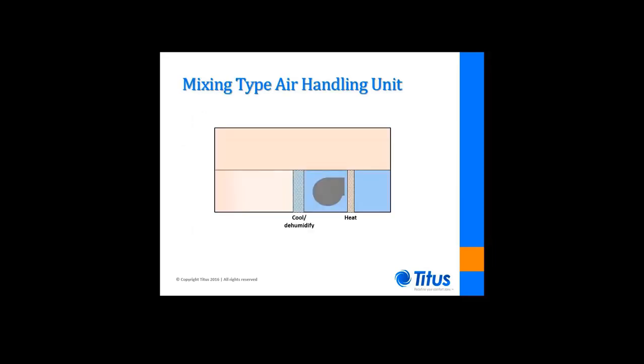This slide illustrates a common configuration of an air handler used with a displacement system. Outside air and return air enter the air handling unit. Some of the return air is mixed with the outside air to make up the supply air volume to the space. This mixture then passes through the cooling and dehumidifying coil and is cooled to saturation to obtain the required supply air humidity ratio. It is then reheated to bring it to the desired discharge temperature before delivery into the